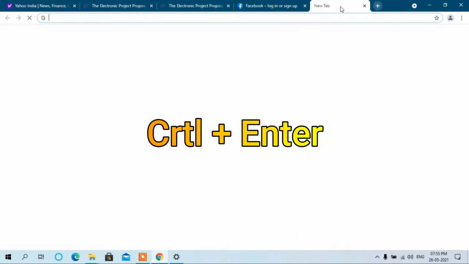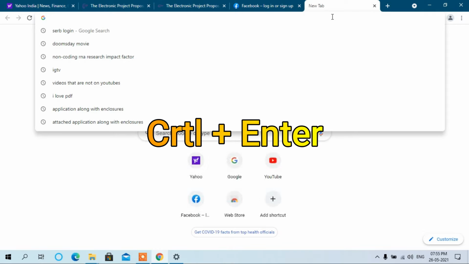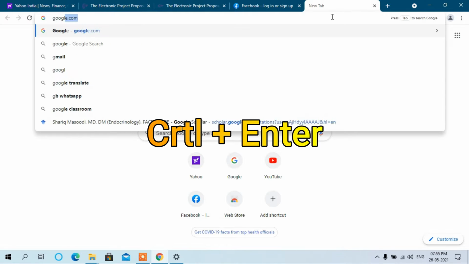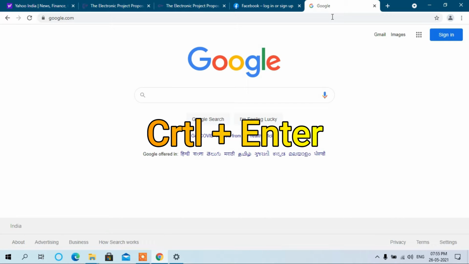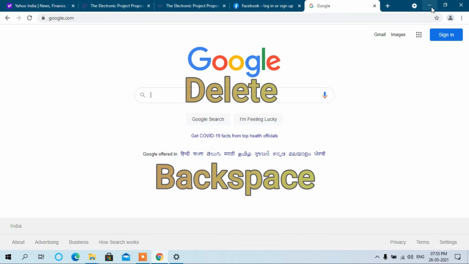For a second website, for example Google, we can use Control Enter, and it will automatically add the www and .com. This was the first one, and the second one is